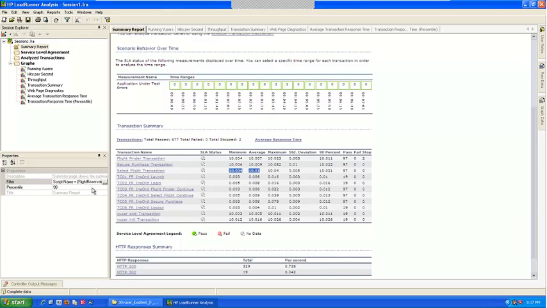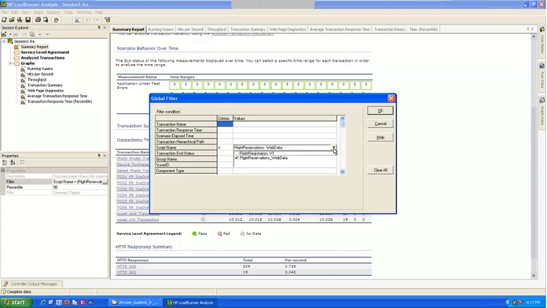So always what we have to do, go to the global filter. No matter if we are using the global filter or not, this should always be unchecked. Remember guys, this should always be unchecked. Say okay. Now you see this 10 seconds will change.